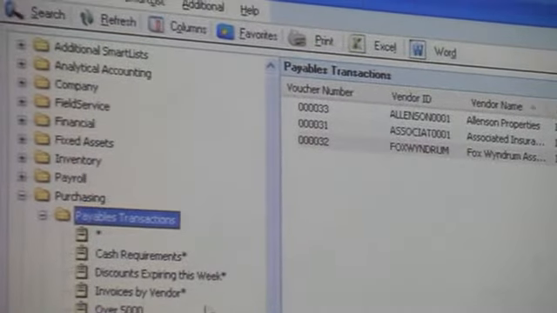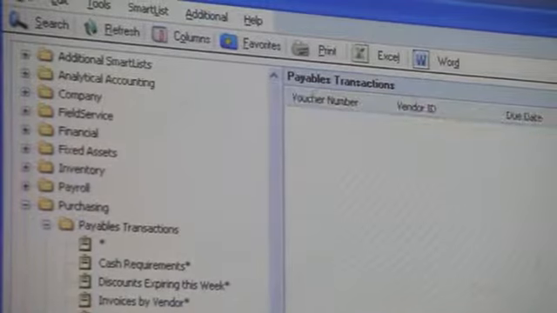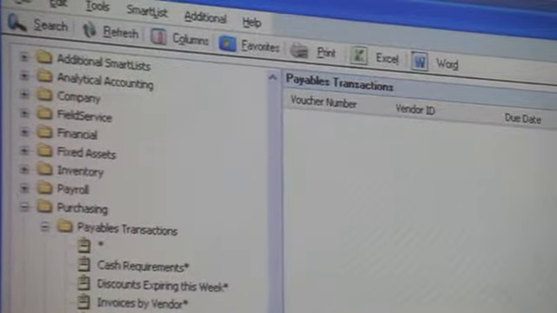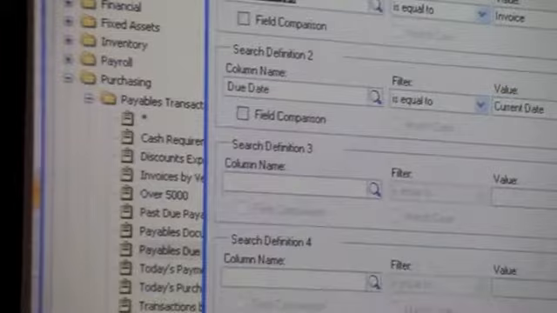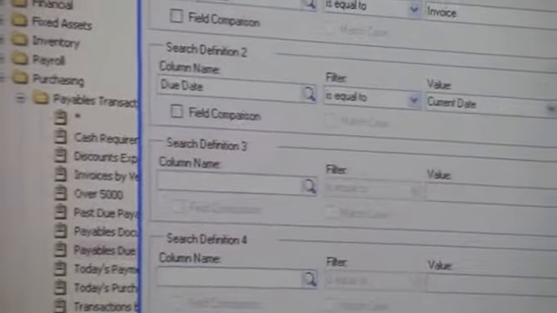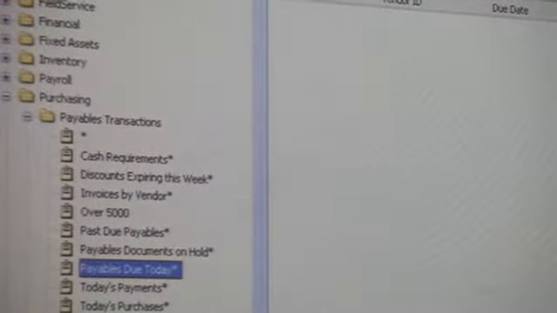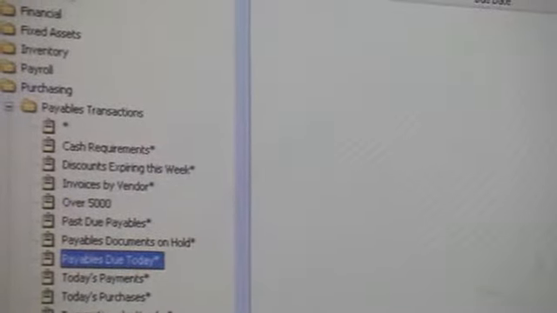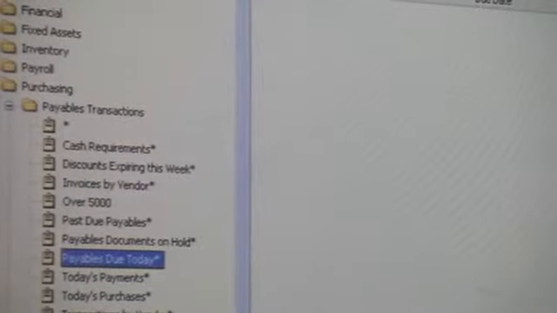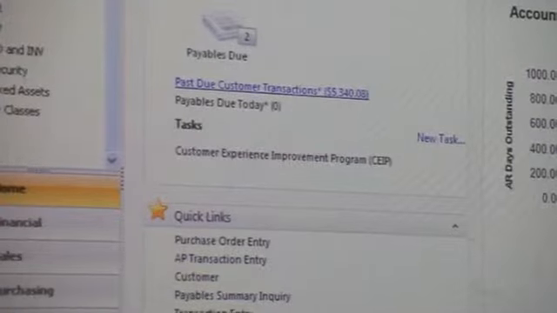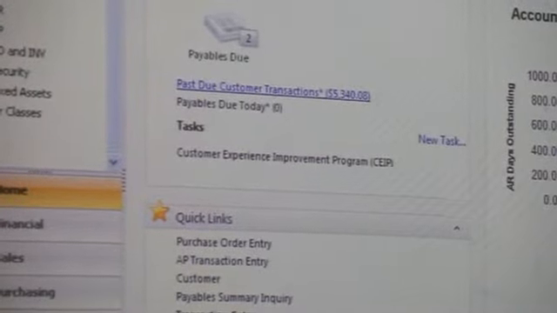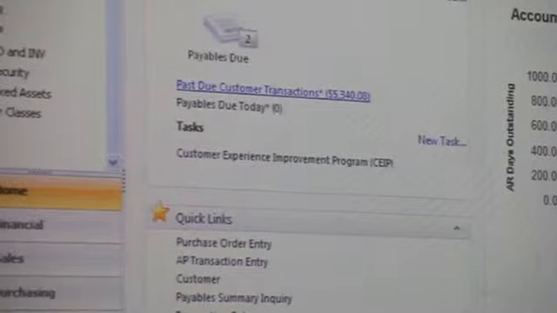So we have something here, payables due today. Again, I'm picking something that has no data, but it selects when the due date is today, and that's what's showing up on my home page within GP. Now, Smart Lists have been within GP for a couple of versions of the software, and we ultimately get the question, okay, that's great, but once I send my data to Excel, the data is stagnant, okay? So what they've developed is